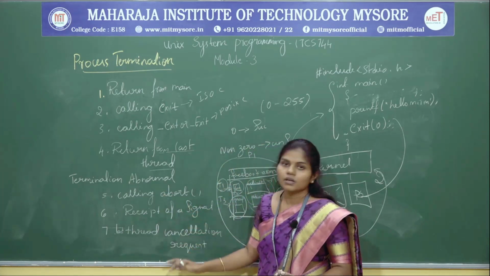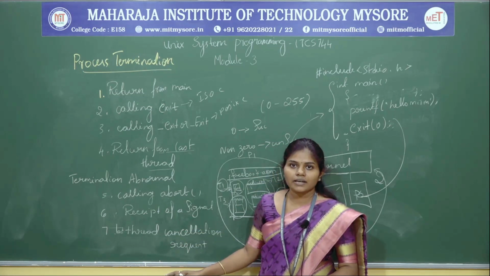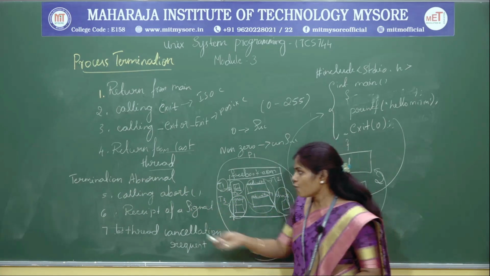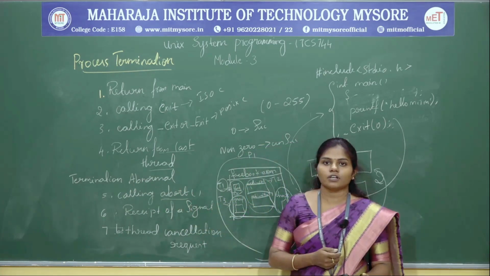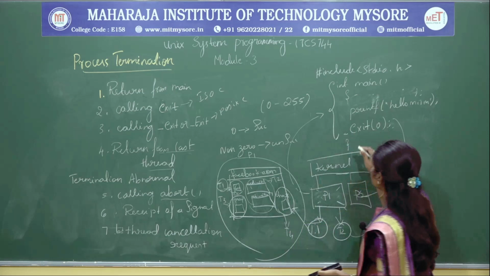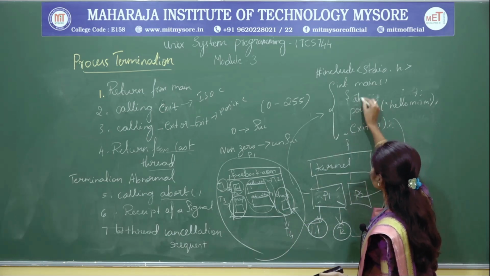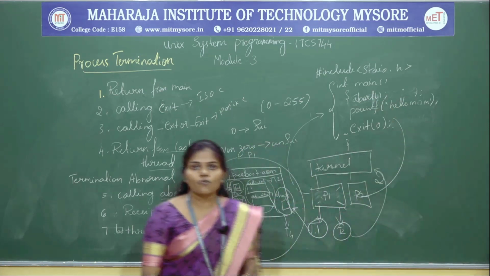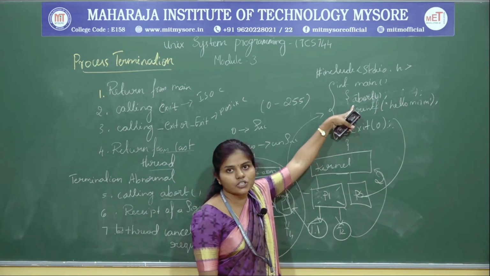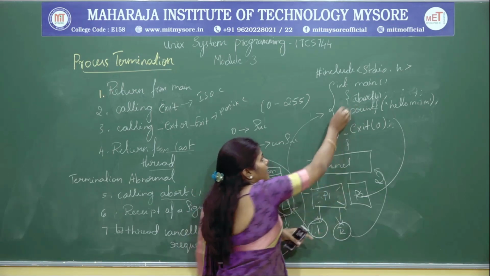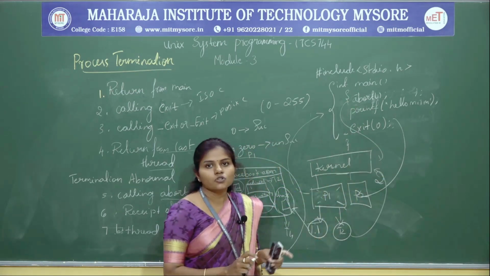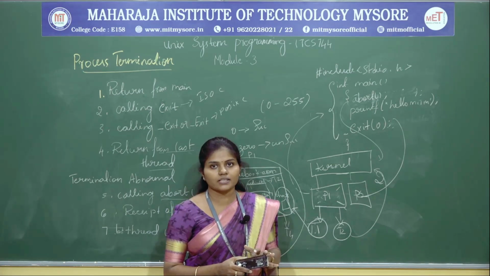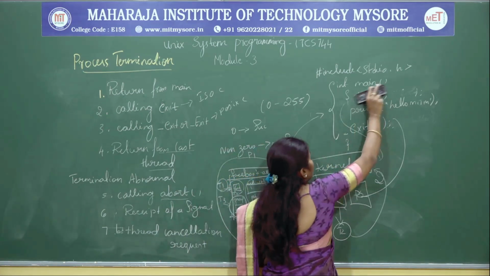See, these are the simple 3 examples given of how the process is going to terminate abnormally. First one, calling the abort function. Here, instead of this, I am going to make use of abort, that is the function. So when the compiler fetches this, the control comes directly to the kernel, right? So the remaining program is not going to be executed. That is nothing but abnormal termination.